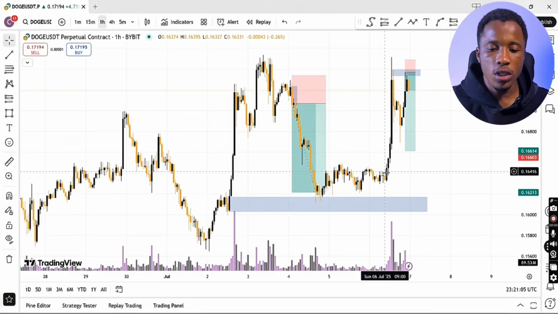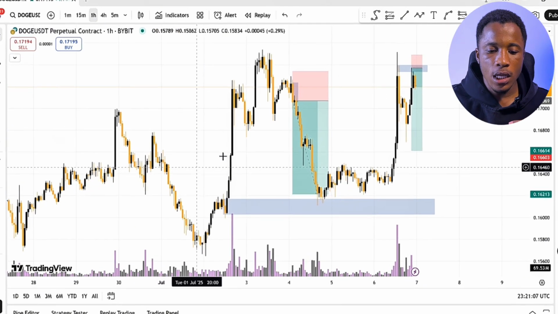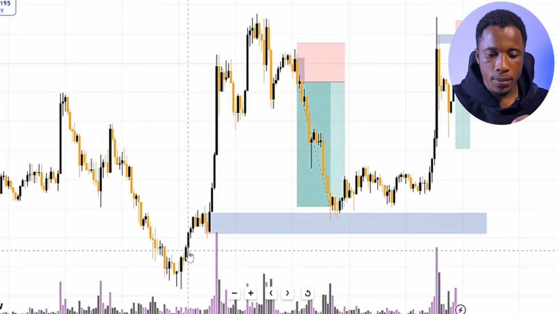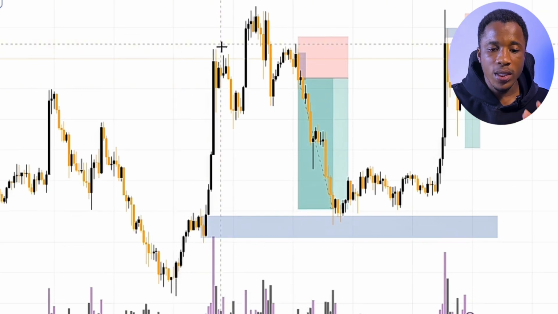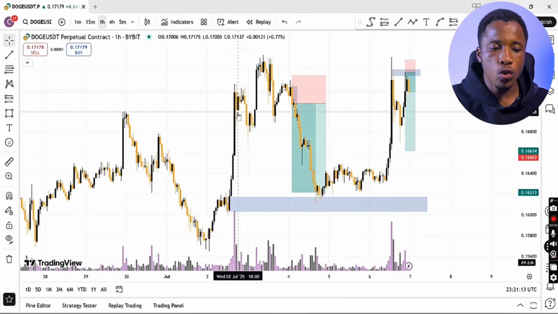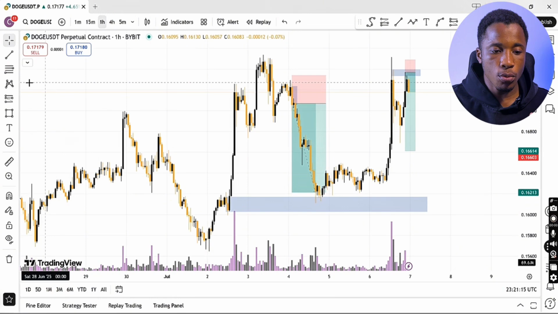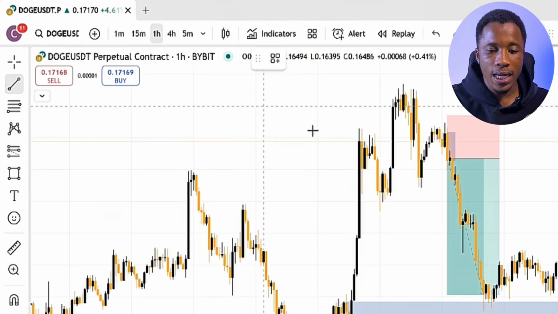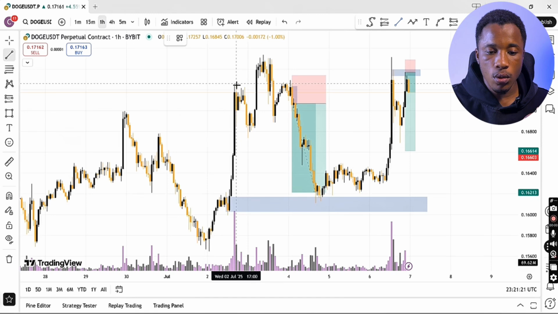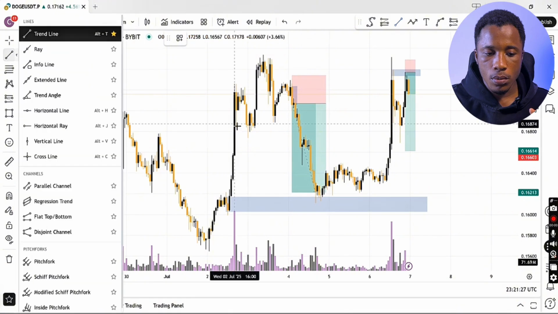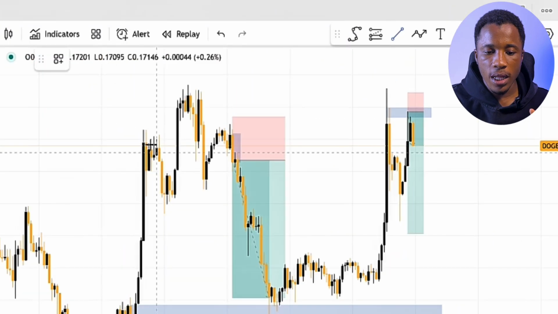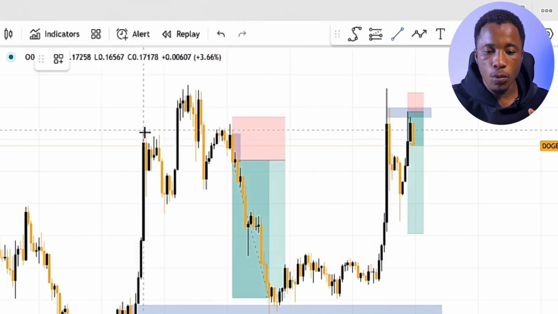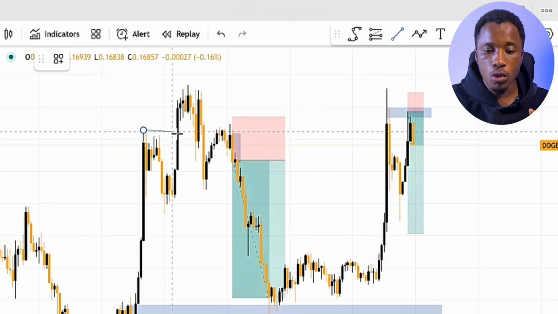Now, all you need to do on the charts, let's go on the charts right here, is to look at an uptrend. Okay, now with expectations on this uptrend, all you need to do is to mark out an area, which I'm going to be showing you, right? So when you see an uptrend that has given out liquidity, okay, this is an indication. So just mark out the points, okay, using this trend line. If you guys are interested, just let me know. I'm going to be making a video on how